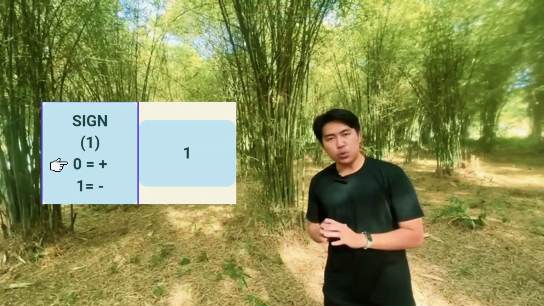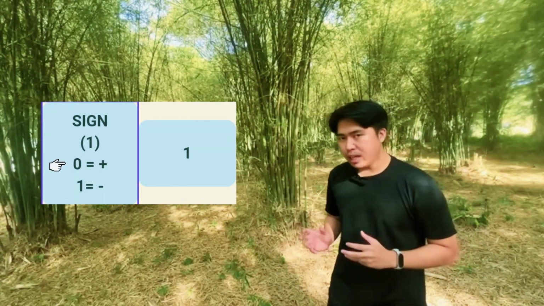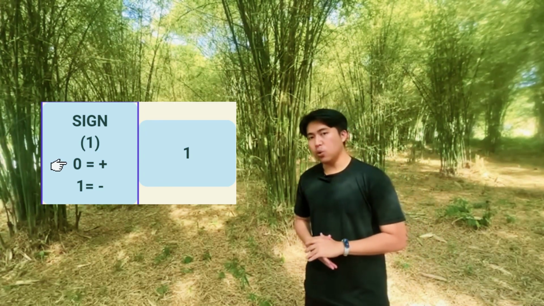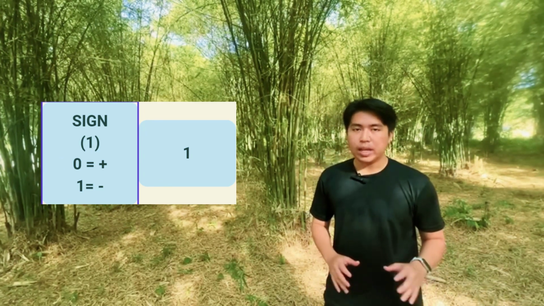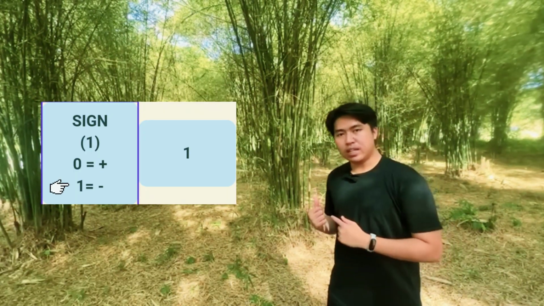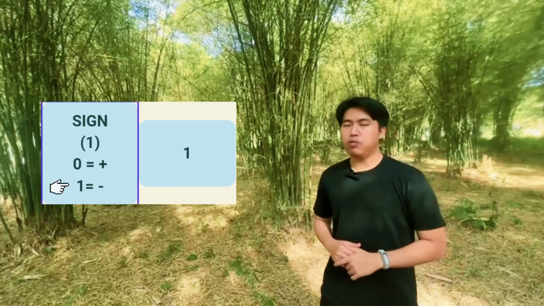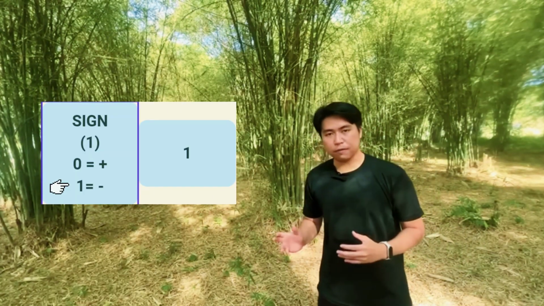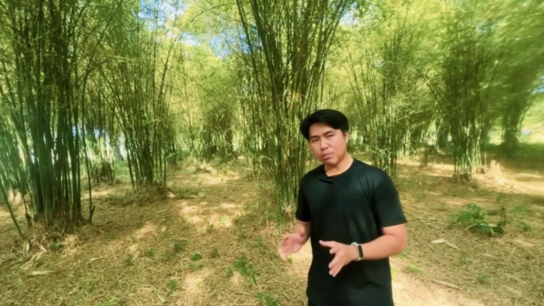If we get 0 on the sign, our final decimal value will be positive. Otherwise, if 1 at the sign, our final decimal value will be negative. That's all for this step. But it is important not to forget the sign after we convert into decimal,